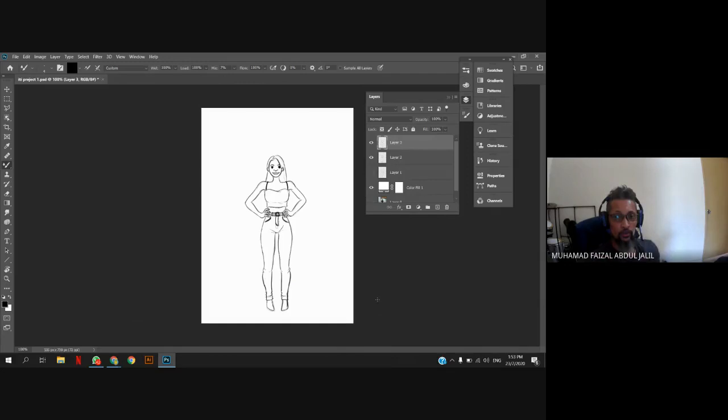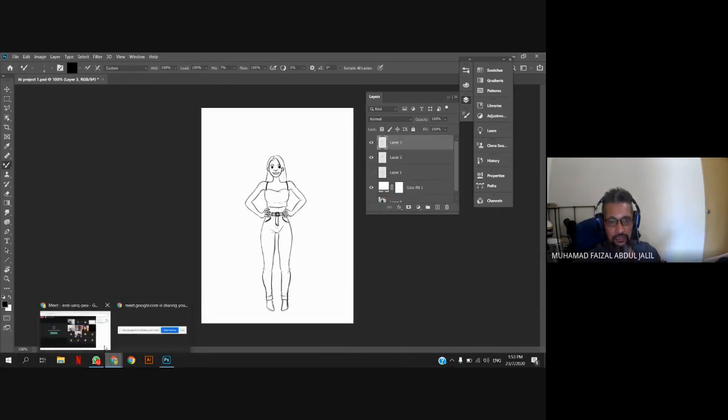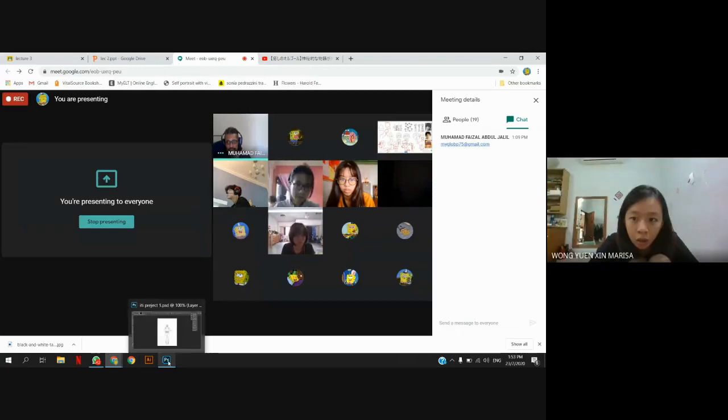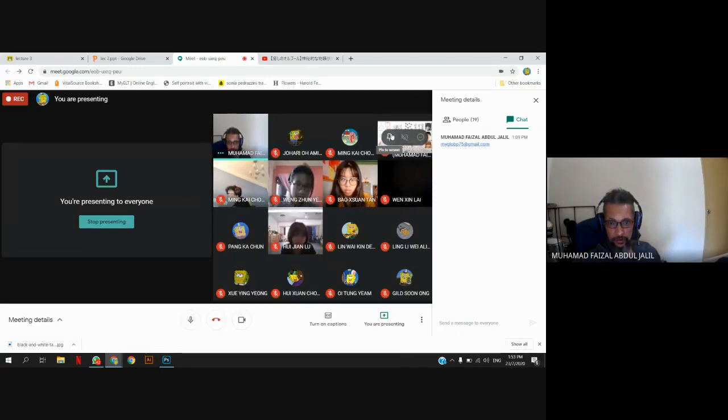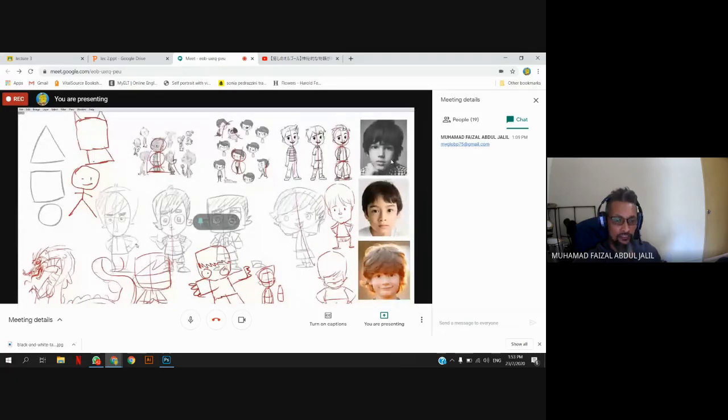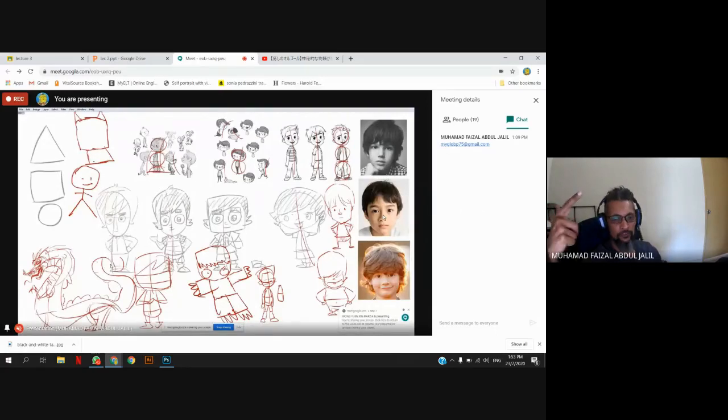Because we want to train you to develop your imagination by using reference, but not to trace it. You're going to draw according to your understanding of the structure itself. You want to draw yourself as a character there, right? Try to see some of the references. When I designed these characters just now, did I actually take from these pictures? No, right. I try to construct back all the basic structures based on my own understanding of this. Okay, Marisa? Understand. Take a look also at the video that I